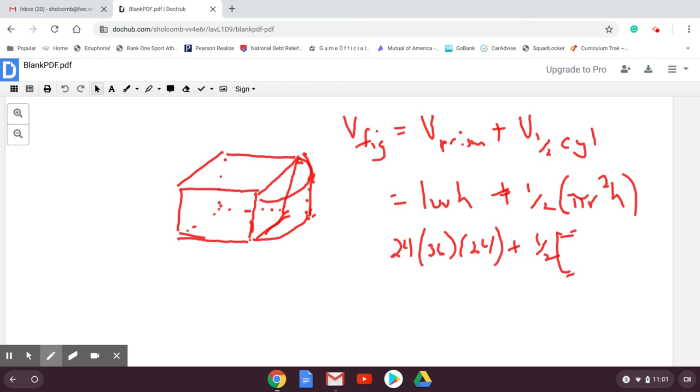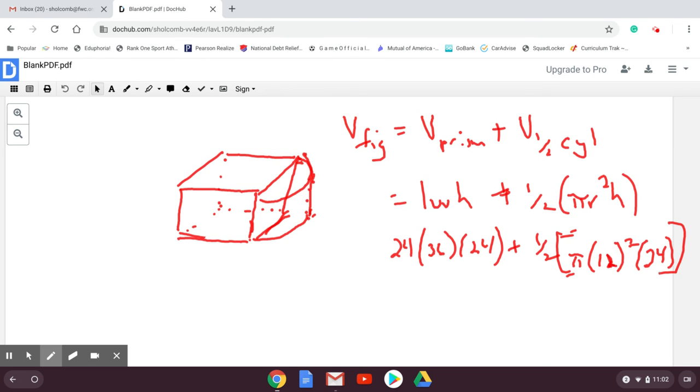our radius on this particular one looks like it's 12. So it's pi times 12 squared. That's a 12 there. It's kind of hard to see. Times the overall height, and the height is 24, again, because the height is the same as the prism. And then it's just a matter of doing some math and